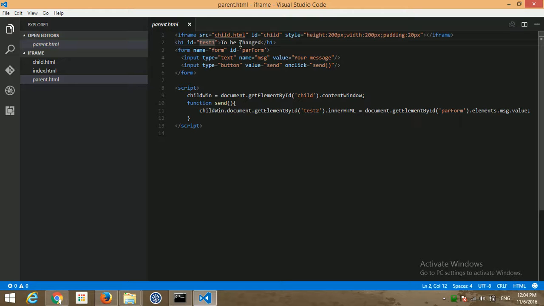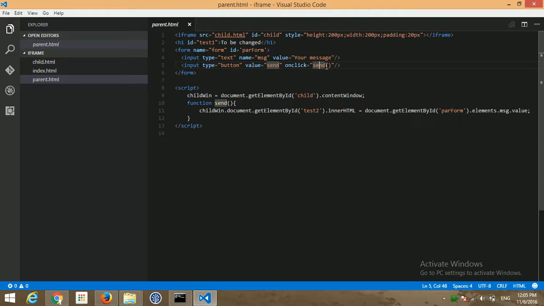This is the parent iframe. Now I have created one form, a simple form for sending and receiving messages. I have given it the id parentForm because this is the form inside parent.html. Now I have one input field, where a user enters something. I have created a button for sending the message entered in the input. On click of this button I am calling the send function.